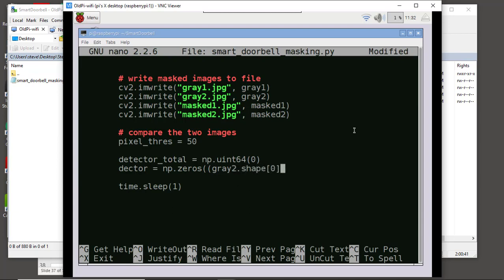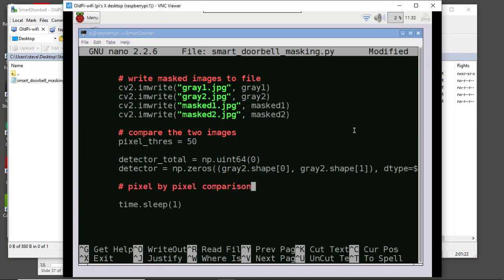The shape 0, comma, gray 2 shape of 1. And then the data type here will be unsigned integers as well. Okay, and so detector, let's add in a couple letters here, detector is initially an array of 0. So an n by n by 1 array where each value is currently 0. What we'll do then is we'll go through pixel by pixel and compare, a pixel by pixel comparison, and we'll say,